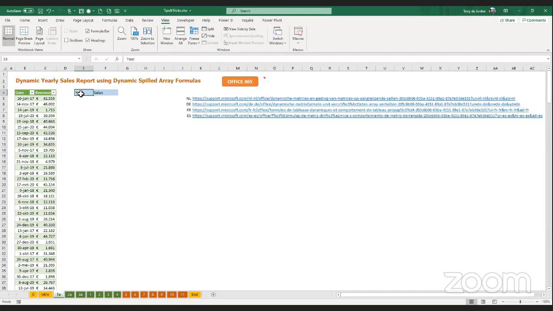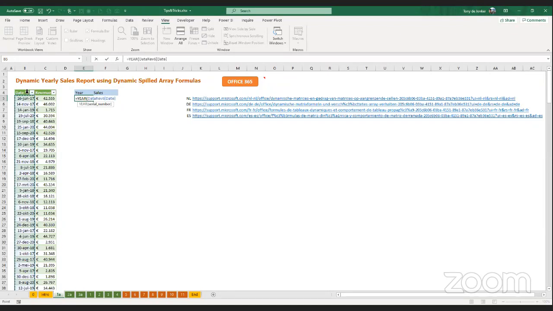Well, since we now have the advent of the dynamic spill array formulas, we can apply these in this instance. And again, the dynamic spill array formulas can only be used once you have the new version of Office 365. I'm not quite sure if everybody has that, but I have some websites over here to go to see what they are. Let's find out now how to create that one. The first one here is actually, if I want to know the year, equals YEAR. If I want to have the year out of this date range over here,